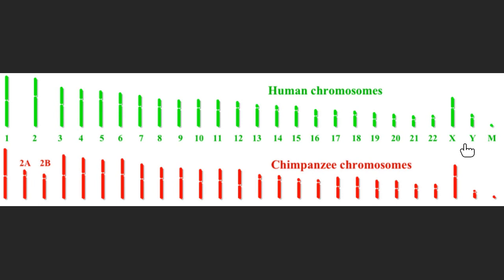So it is certainly possible for an individual to inherit 3 copies of the X chromosome, or they can inherit 1 X and 2 Y chromosomes. There are lots of variations that happen here, and it's also entirely possible for an individual to only have 1 X chromosome, and those